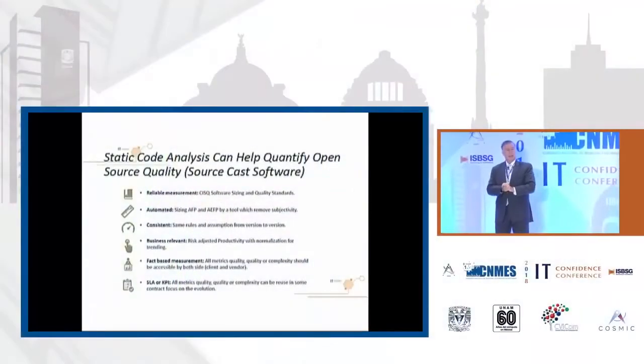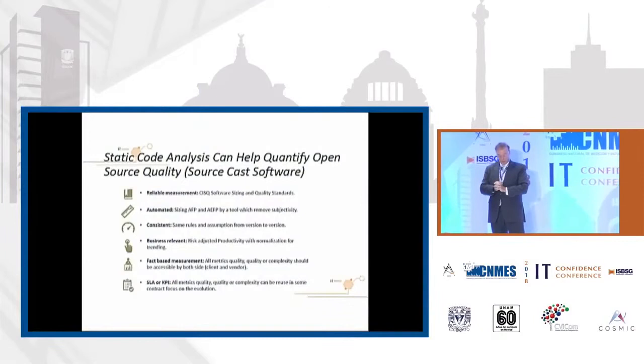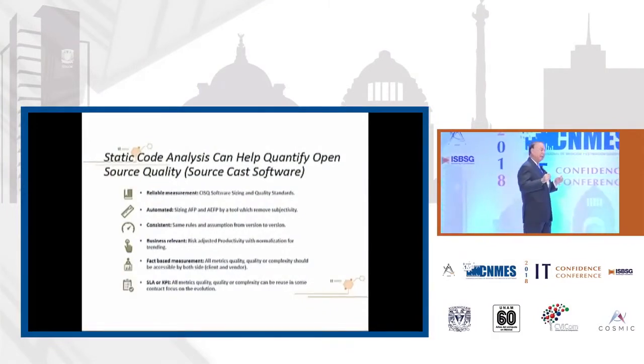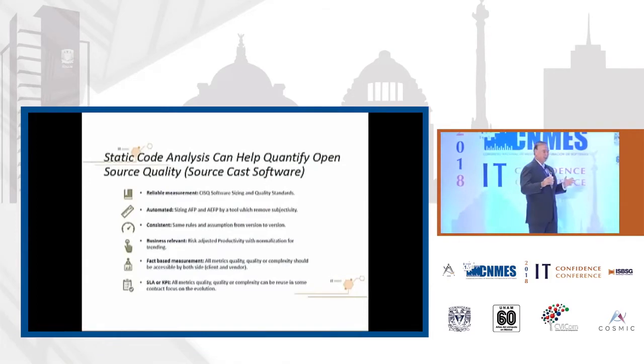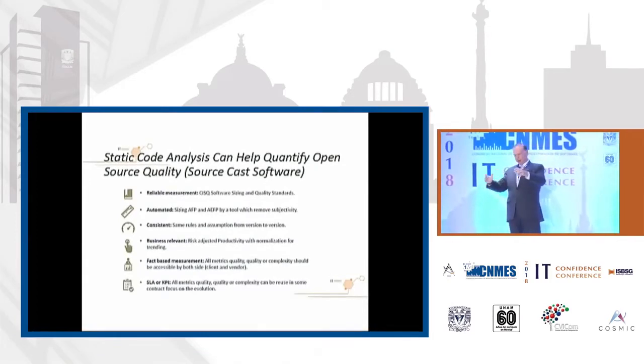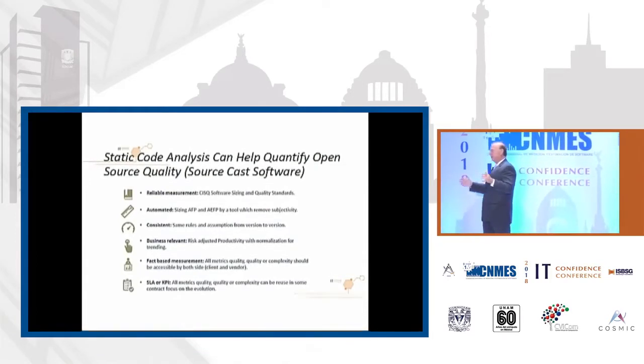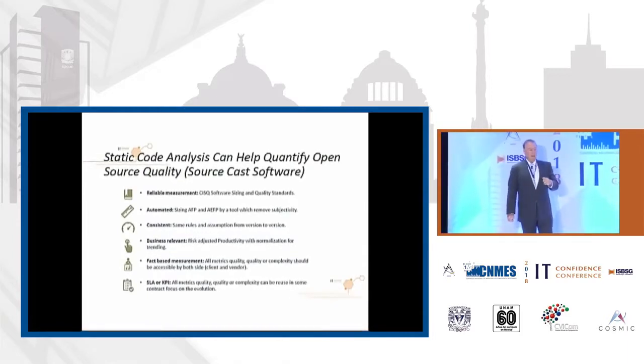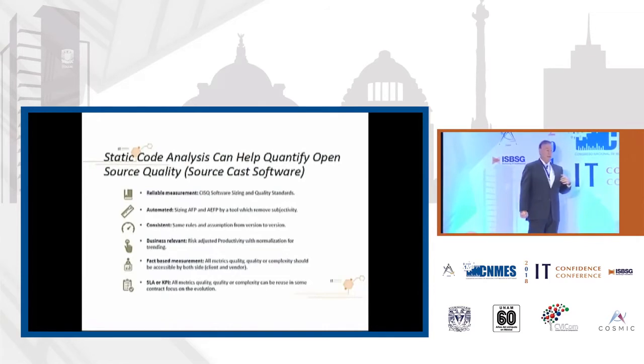Now, there's lots of ways to look at open source software. First of all, if it's open source, that means the source code is available. If you're purchasing from a supplier, for example, Red Hat versus the do-it-yourself license, it might be slightly different, but you can run reliability analysis. You can get the number of lines of code.